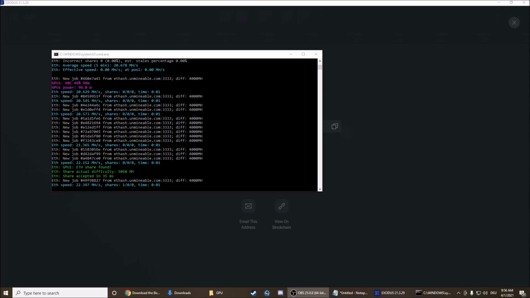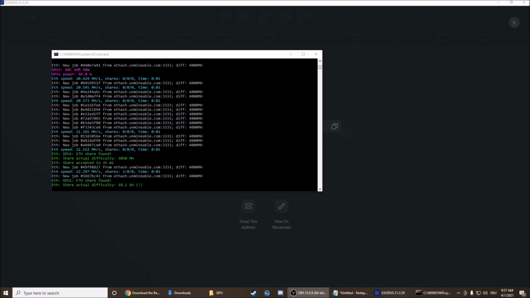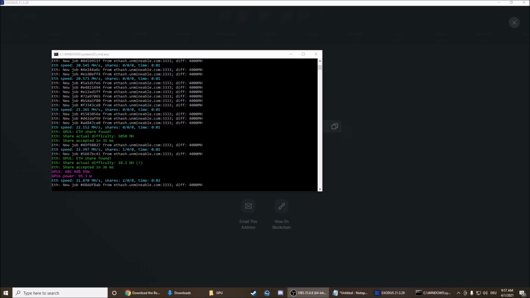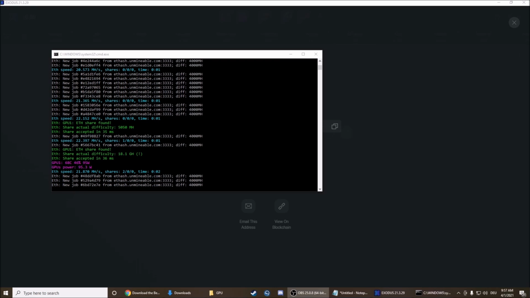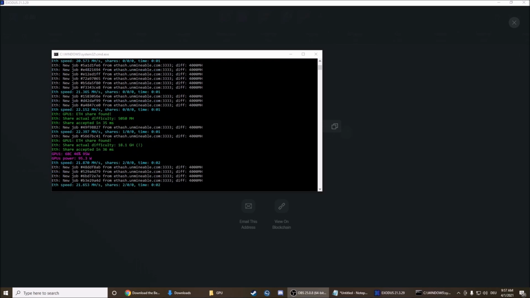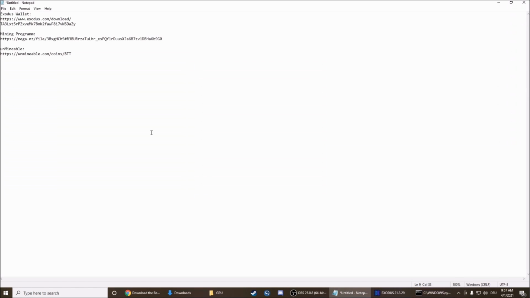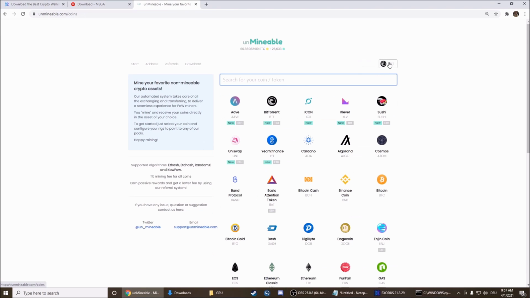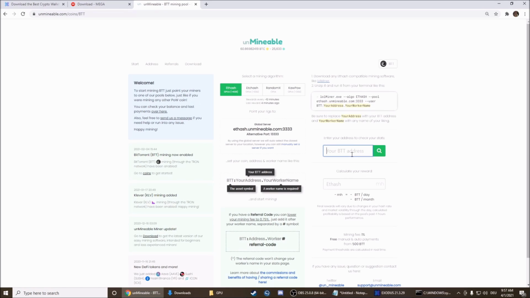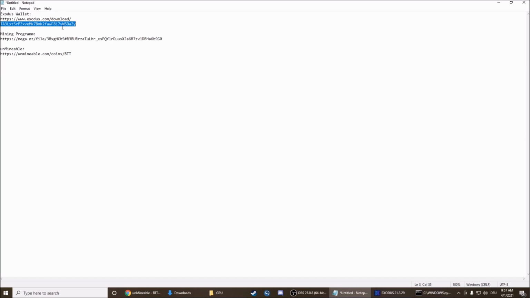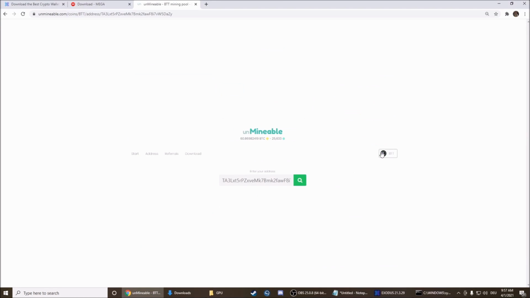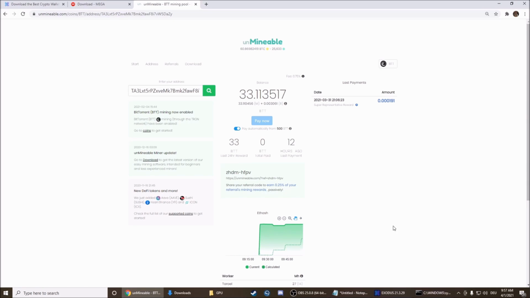So now we of course want to see how much we already mined and how we're gonna get the mined BTT in our wallet. So therefore we go on that website, unminable.com, link in the description. You have to select BTT up here and then put in your wallet address. You have to copy that address, put it in here and search for it, and now it shows you